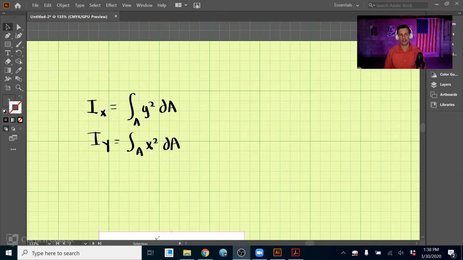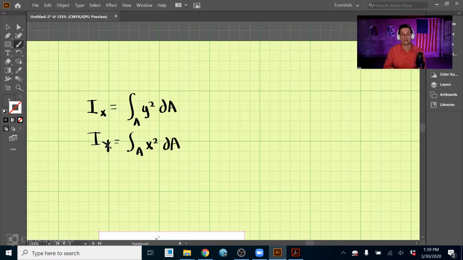Let's now calculate the moment of inertia of an area. Okay, so we'll start out with the differential form here. Depending on how you choose the x-axis or y-axis, it's going to vary, right? So this represents the moment of inertia of an area about the x-axis, and this is the moment of inertia